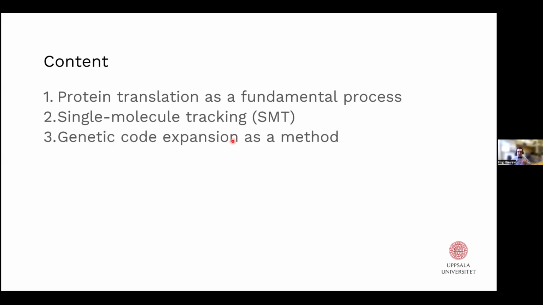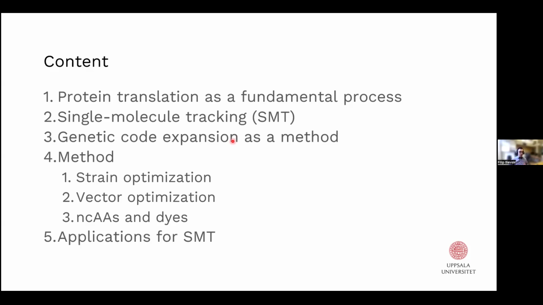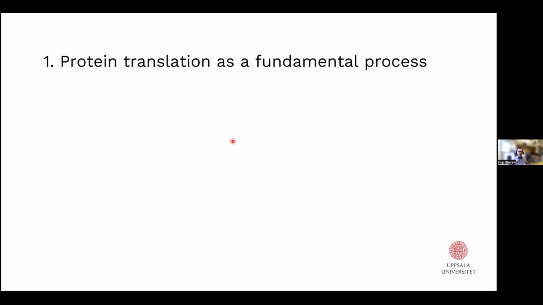That is, I'll introduce the genetic code expansion and why this is a hot method to ride this wave. What have we been developing in terms of bacterial strains, in terms of vectors for protein expression, some dyes and non-canonical amino acids, or chemical entities, as we will see forward. And finally, we will look at some nice applications on how powerful this methodology actually is. So to start with,